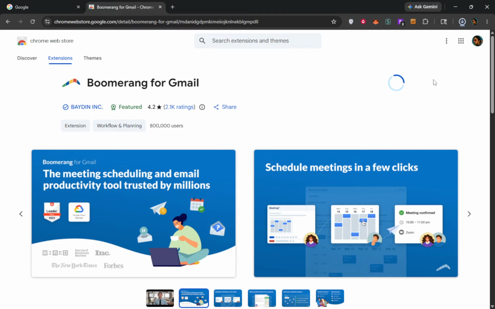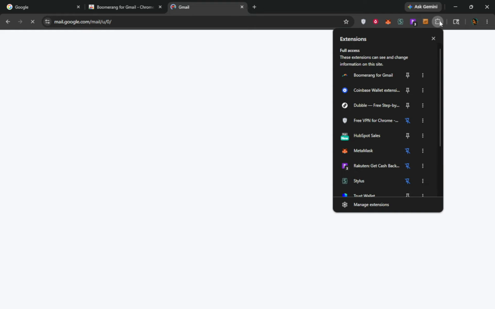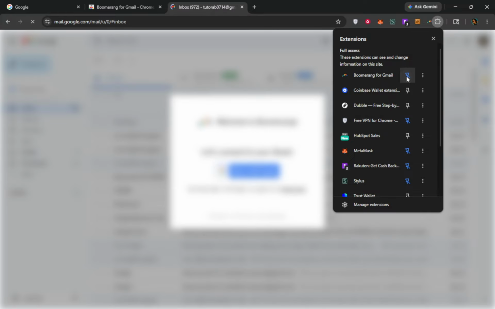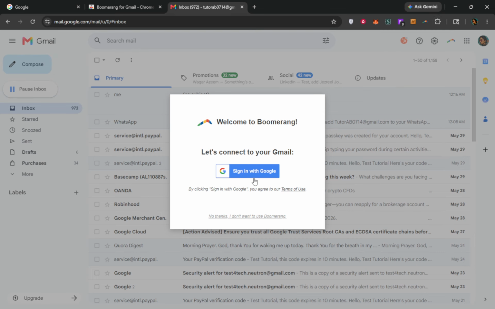If you're not already signed in, just sign in the way you normally do so Boomerang can connect to your inbox. Once Gmail loads, you'll notice new options integrated directly into the Compose window and toolbar. Boomerang adds helpful features like scheduling emails to send later, automated follow-up reminders so nothing slips through the cracks, a pause inbox control to hold new messages while you focus, optional read receipts to know when messages are opened, and built-in meeting scheduling tools that make setting a time with others fast and painless. These features are designed to feel native to Gmail, so you don't have to learn a whole new app.